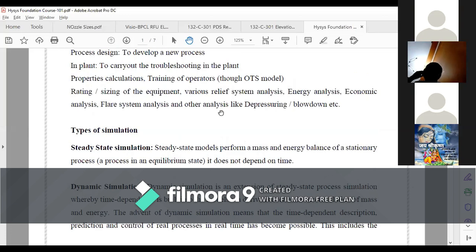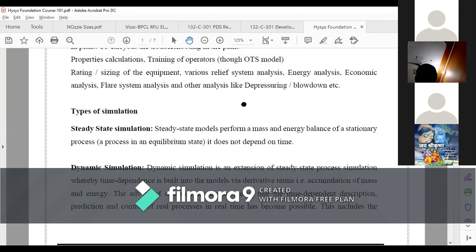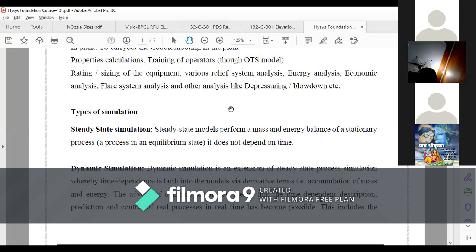Once you have installed Aspen HYSYS, it doesn't matter which version you are using, whether it is Aspen HYSYS version 8.8, 9, 9.1, 10, or 11, you will get all these options in it. The only difference is you have to find out which option is available at which location.